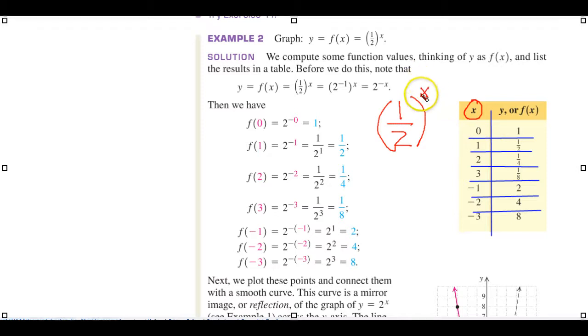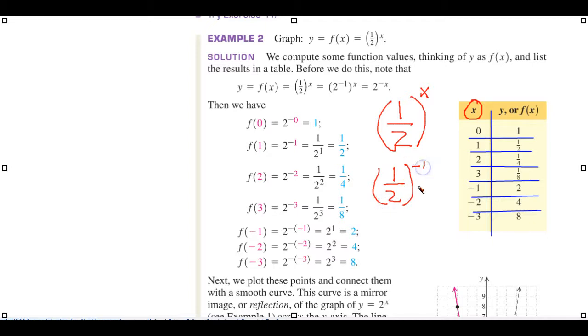If it's 3, this becomes 1/8. Now, notice if we start going into exponents that are negative, and let's just show you that one. That would be 1/2